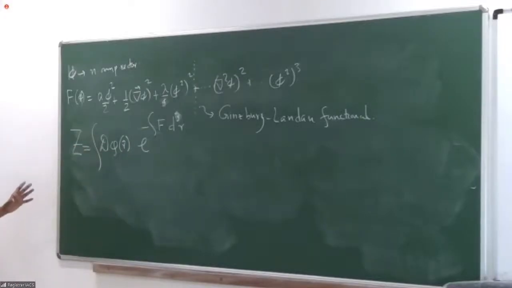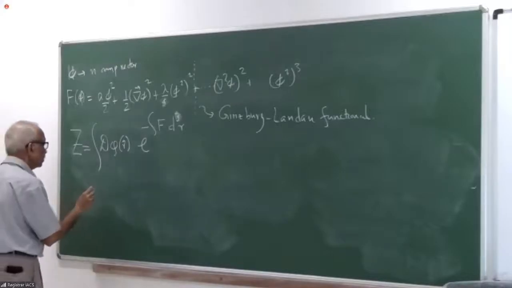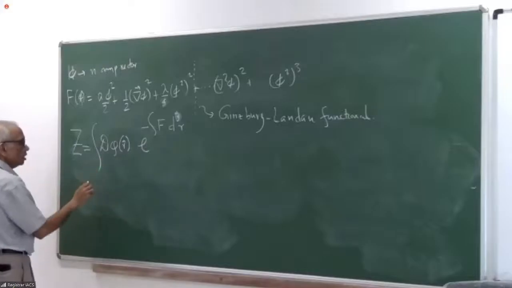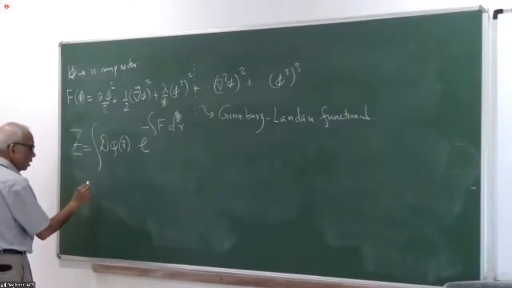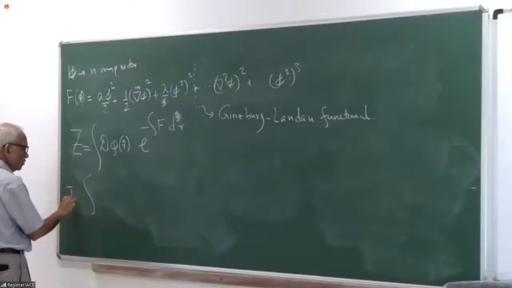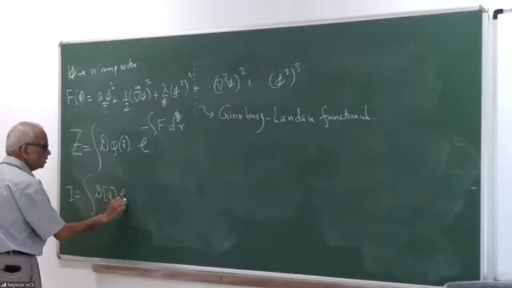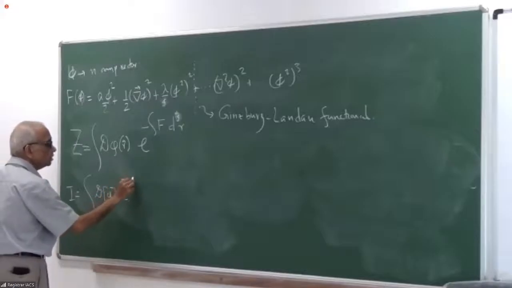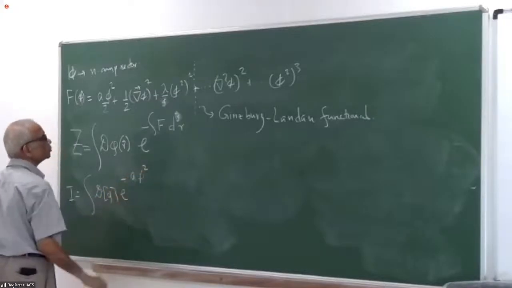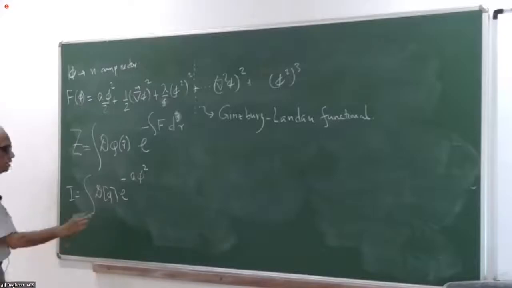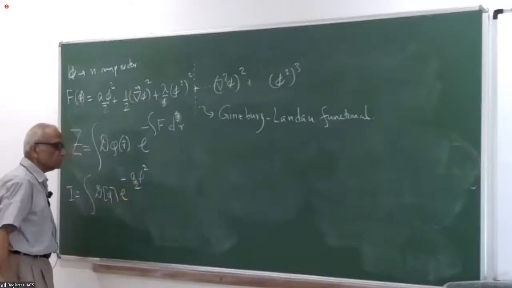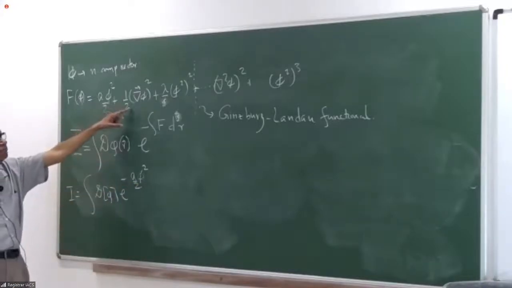But that is where we were last time also, that as I told you, the only functional integral that I can do in this world is the integral I, which is equal to ∫dφ e^(-aφ²), let's say by 2. So that's the only one. Now this is no different